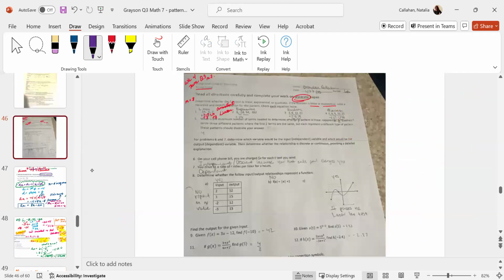What's the next one? Number 6? Yeah. What does it say? Problem 6 and 17. Which variable would